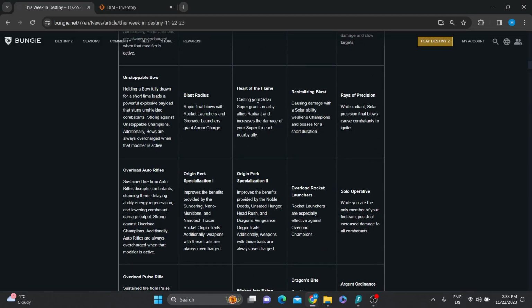Heart of the Flame: casting your Solar super grants nearby allies Radiant and increases the damage of your super for each nearby ally. Where this is going to be really strong is in raids. You could have 6 Star-Eater Scales Hunters with Blade Barrage. You cast one, and that's going to make all your allies Radiant. And it increases the damage of your super for each nearby ally. So that will stack to like times 5, because say it was Crota, and you're all on top of each other. The first guy casts, and then...